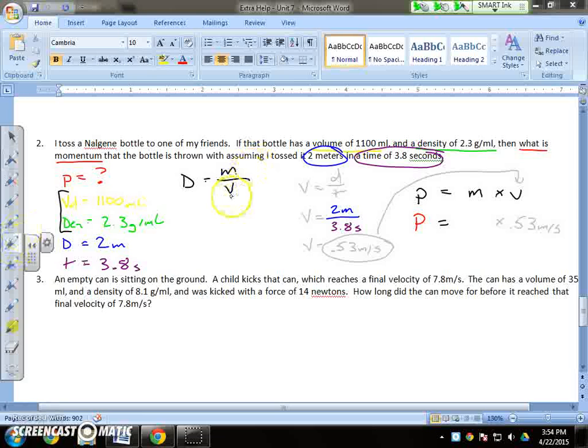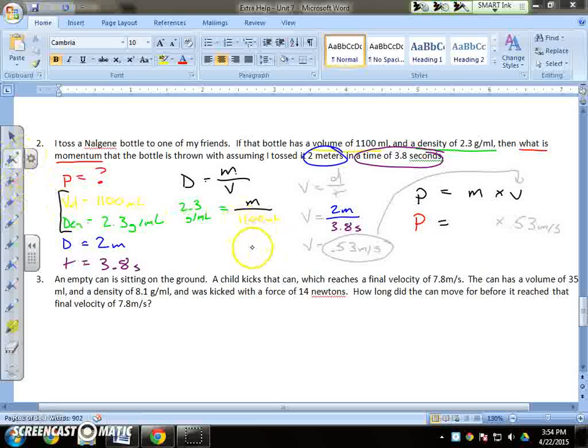And so when we look at our density, we've got 2.3 grams per milliliter equals our mass divided by our volume. And our volume was that 1,100 milliliters. So again, multiply each side by 1,000 to figure out what your actual mass is,